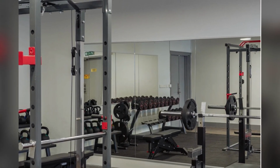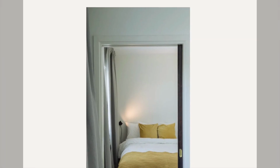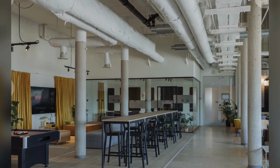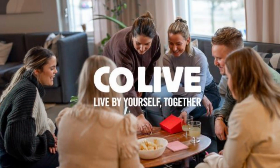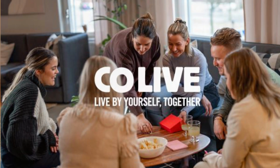You will be sharing your space with so many different nationalities. You can explore so many different kinds of foods since the kitchen will be shared. From the monetary point of view, it will be a really cheaper option. If you would like to explore co-living spaces, then you can look for a place on blocket.se, or there is also one more web page called colive.se, or you can even Google what co-living spaces, what sharing spaces are available in your city, in your municipality,